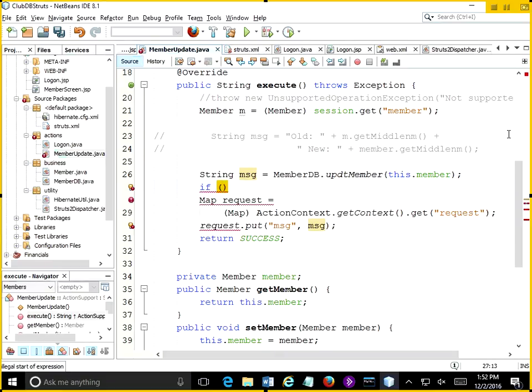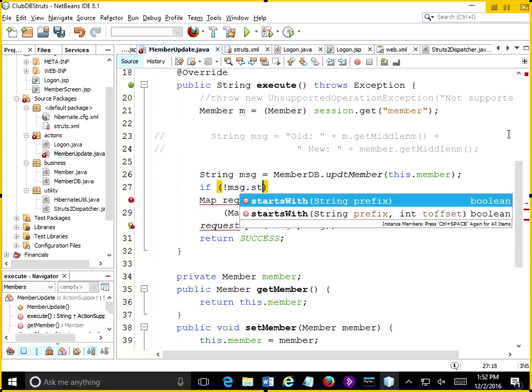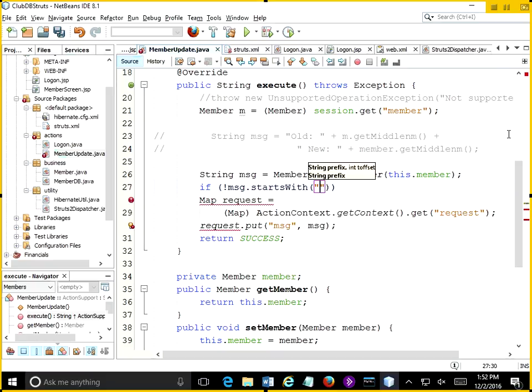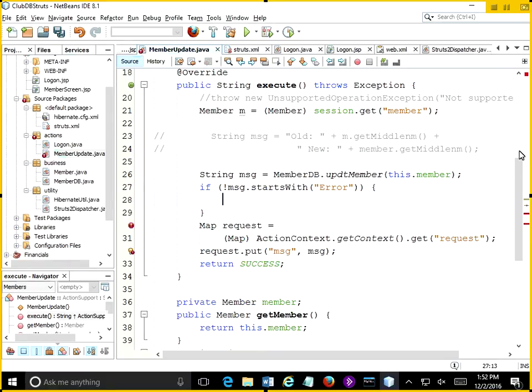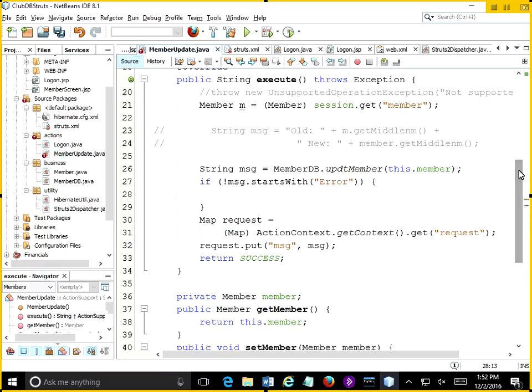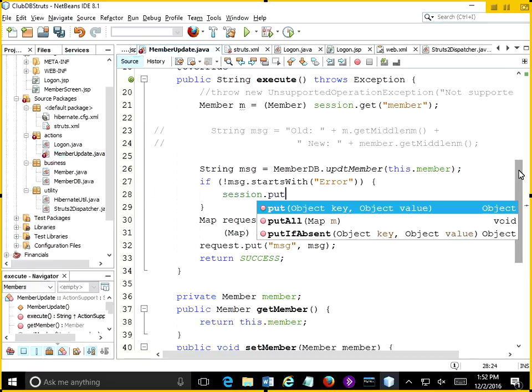String message, so we're going to say that if message does not start with an error, so if not message starts with error, then the merge was successful, and we will put the member